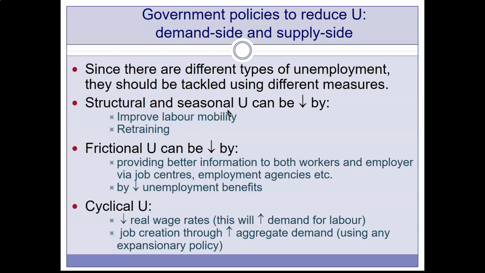For example, structural and seasonal unemployment, which are caused by the structural changes in the society, which are inevitable, and because of the changes in the seasons of the year, they, however, can be reduced by improving labor mobility. So if there is a lack of demand for particular skills in a specific geographic area, by improving labor mobility, by helping people to relocate, to find jobs in some other geographical areas, we will be able to reduce this unemployment in the society. Or we can also reduce this by providing retraining, by helping people to acquire skills which